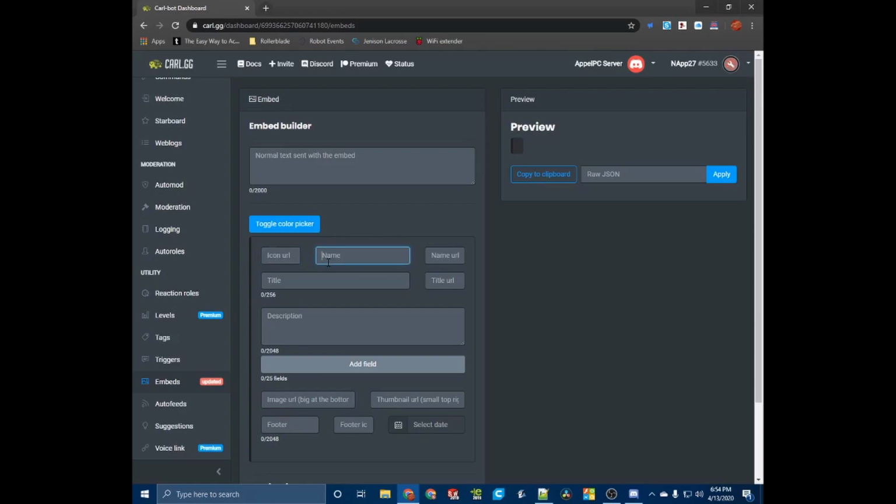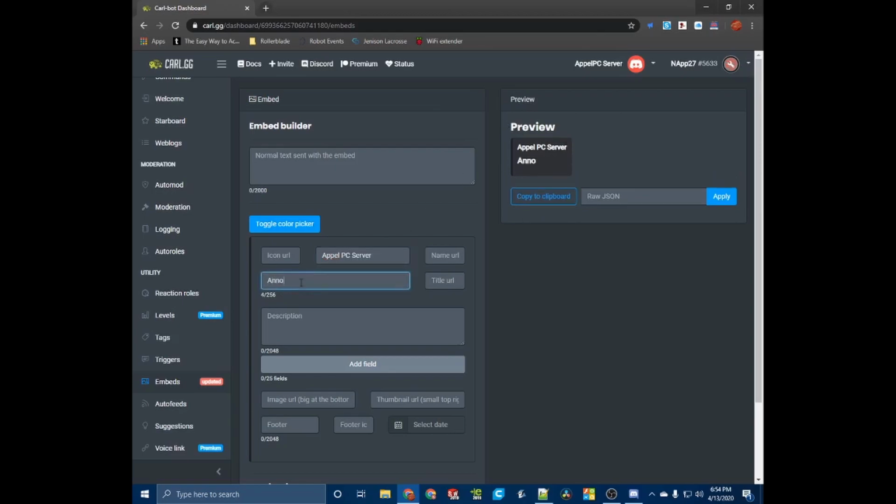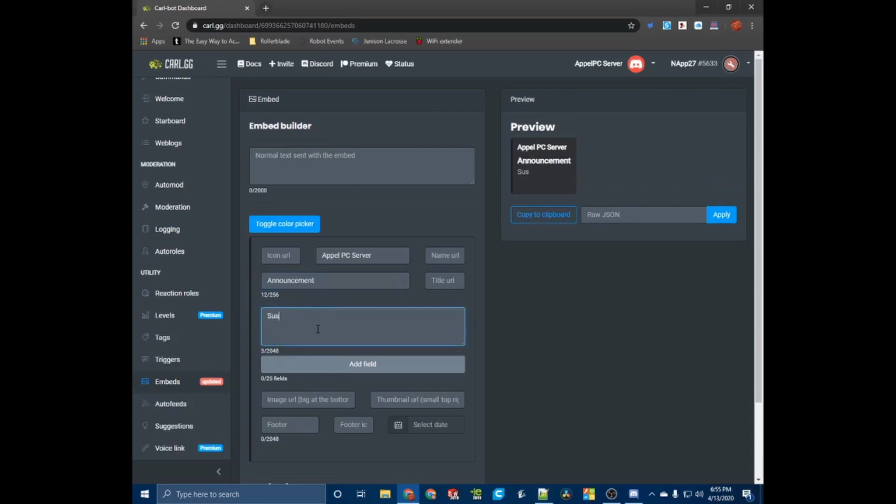But I'm going to just leave it blank for now because I don't have a logo for this server. But we're going to say this message is from our server. So that's who it's from. And then we're going to say this is an announcement. You don't have to do that, but boom, we have created an announcement, and let's say our announcement is to subscribe